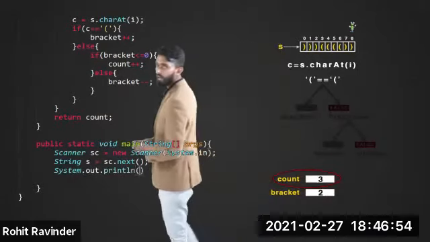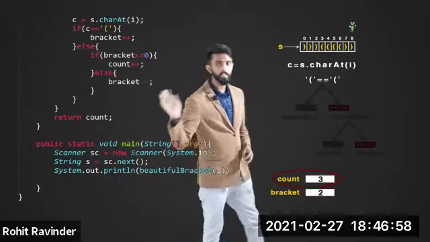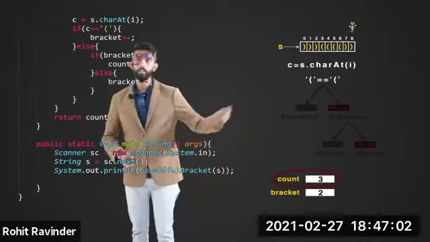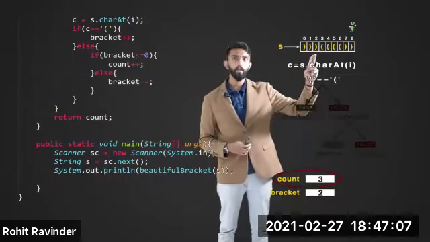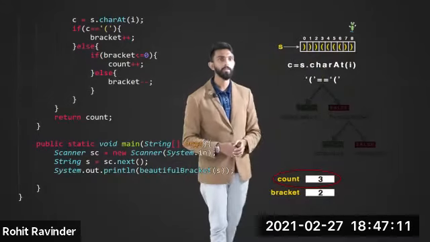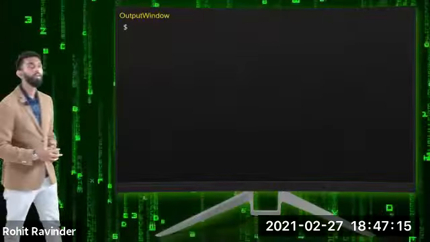Println, and inside that I will just call the brackets function and pass my string. Will this work is the question. Let's go check it out. So just look at this and pass the same input. There are 3 closing brackets, 3 opening brackets, 2 closing brackets. Yeah, fine. So I'll just go there.